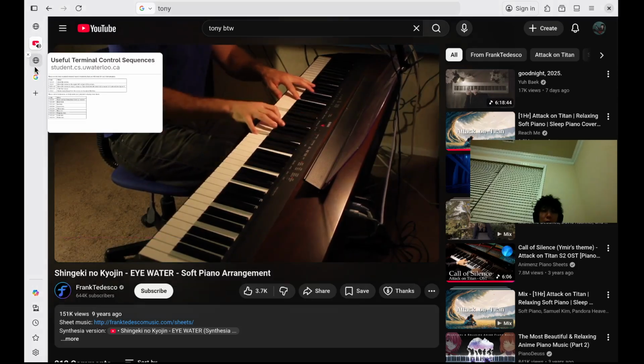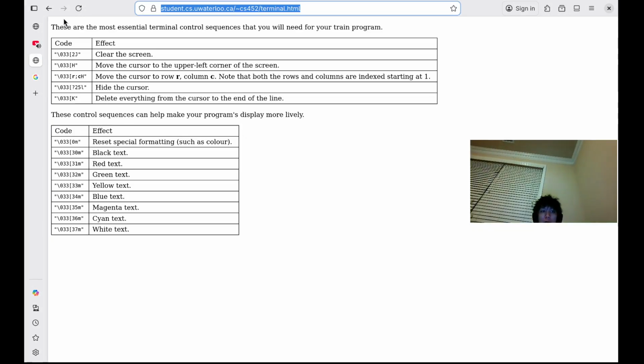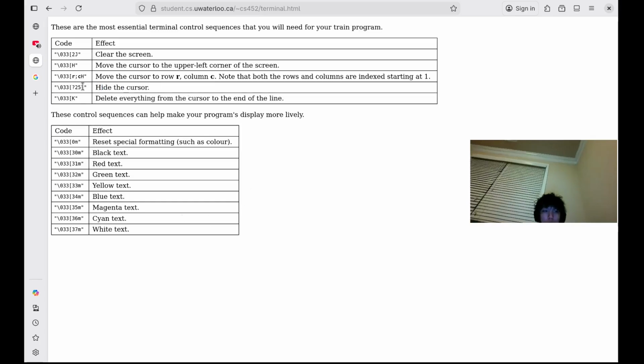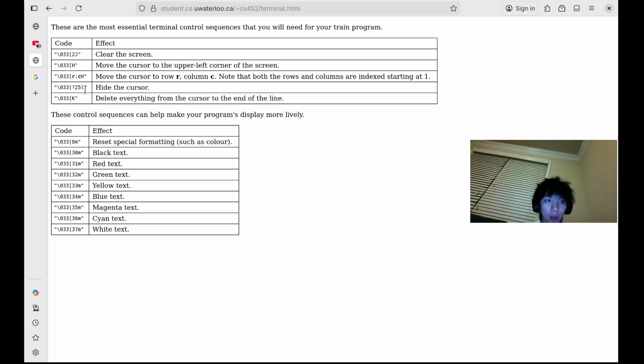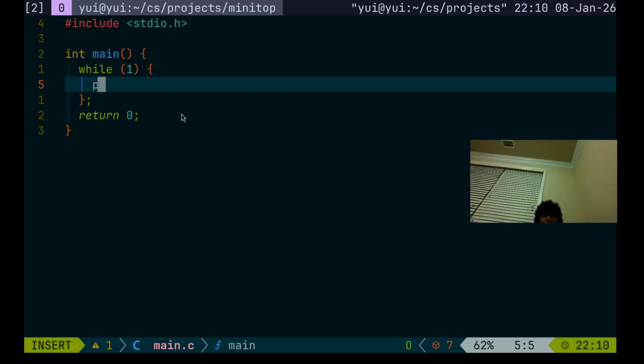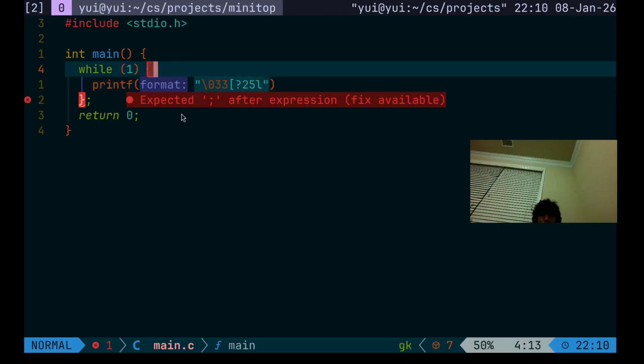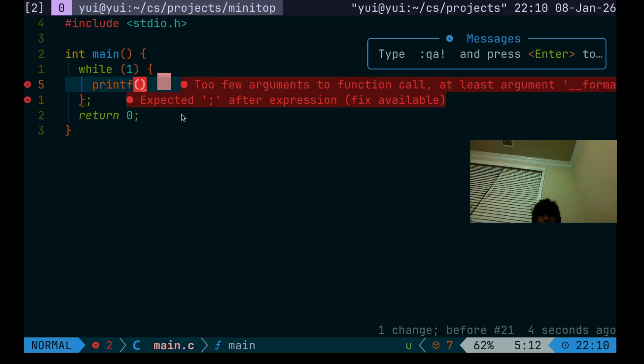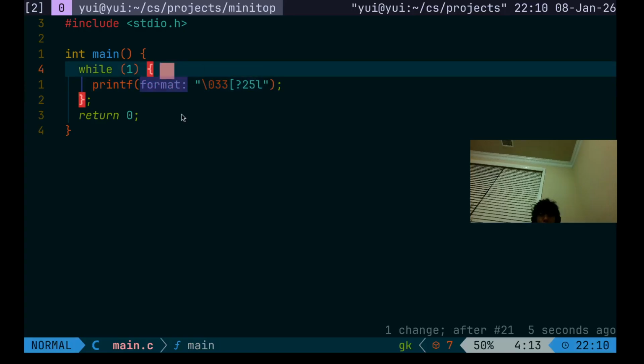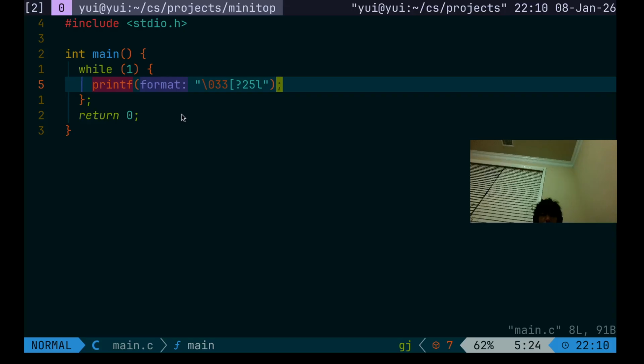So I have prepared these documents, and in our UI we want to hide our cursor, which is this one. So let's copy this. Just copy this. All right, so let's print this. Let's copy this. Let's copy that. Okay, so what we want to do next, we're going to print something like,